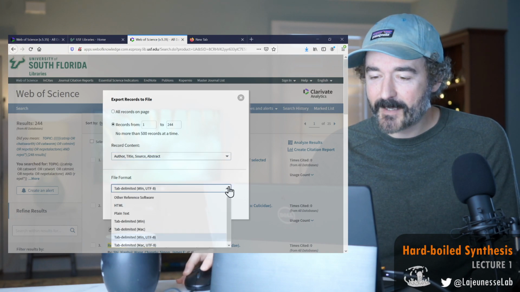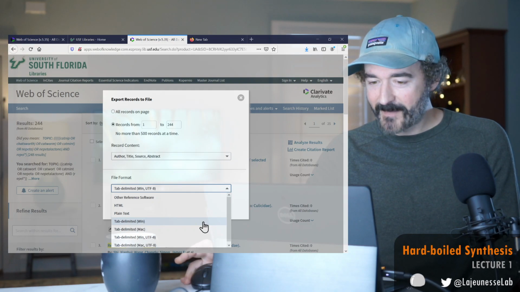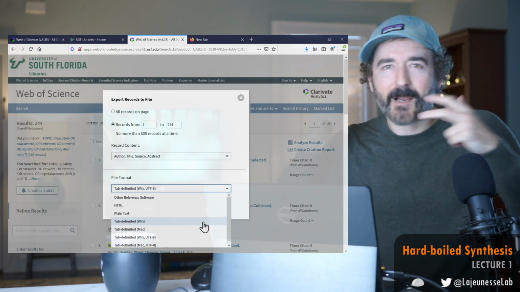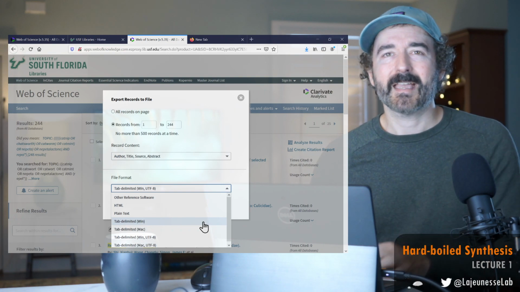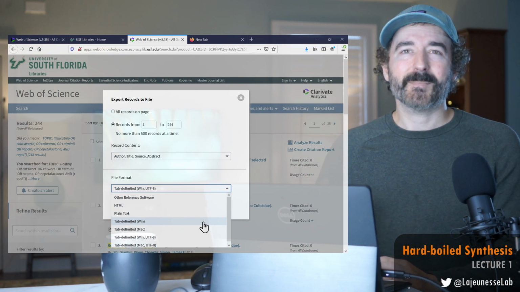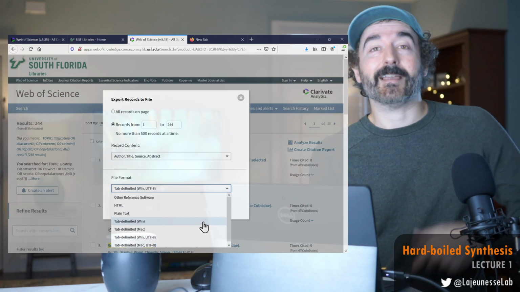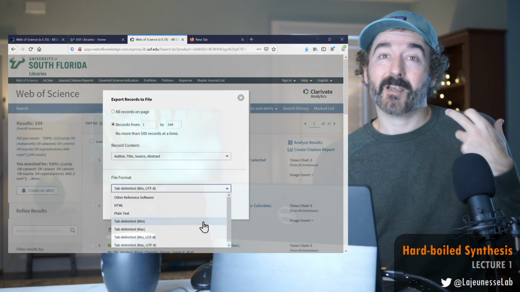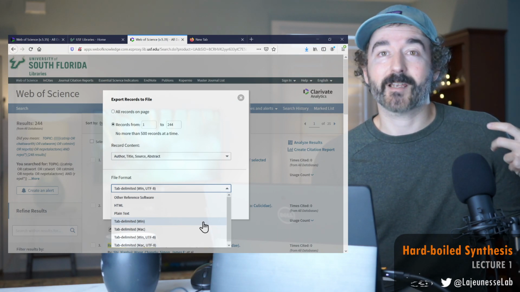And I'm not going to use the tab delimited UTF-8. UTF-8, I think, I always get these backwards, you're going to get a whole bunch of weird characters. And you'll find that because I'm going to use R a lot for the screening and analysis part, weird characters just don't work well. R doesn't digest weird characters very well.